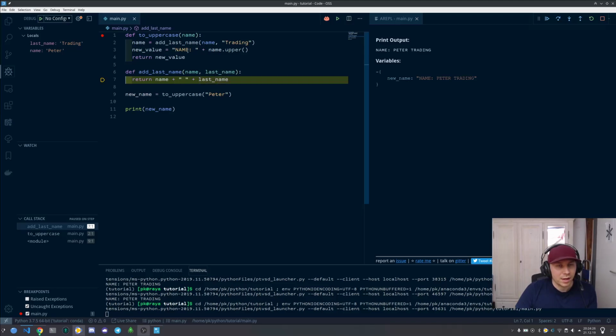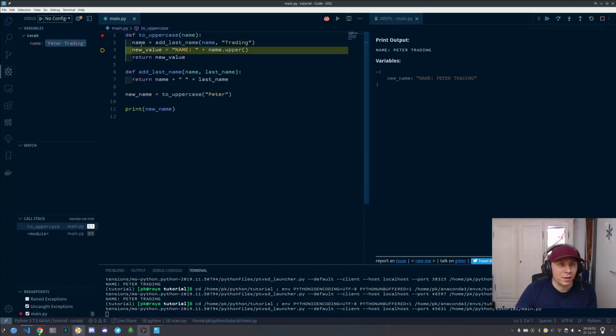That second function gets the name. We are basically forwarding it from here to here, and we're adding the last name. So now in our second custom function, we are adding them together, first name and last name, and returning the result